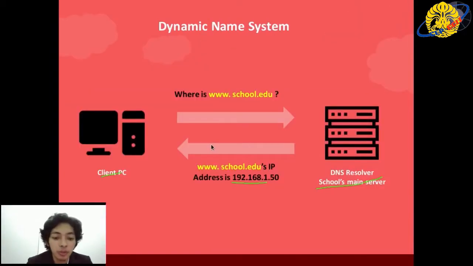And then I want to explain about the Domain Name System, or DNS. So in this scenario, we have a client PC and a DNS resolver, which is our school's main server. The client will ask the server, where is www.school.edu? Then the server will recognize the request from the client and find that address from its database.